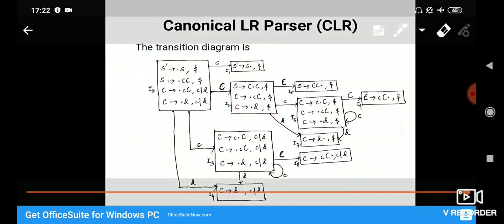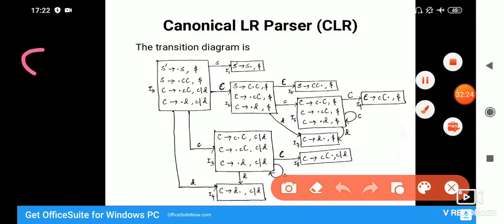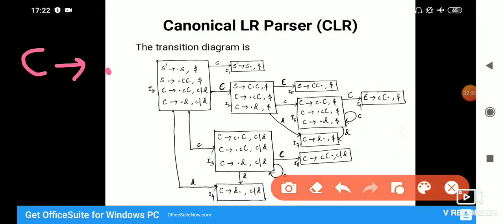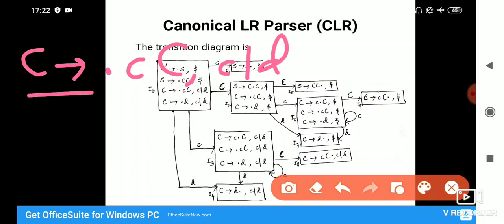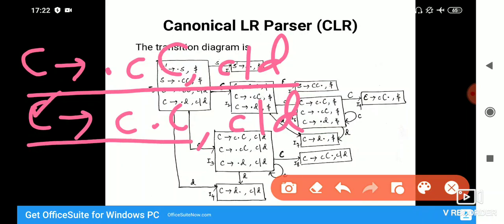Now, taking up the second item in I3, we have C2 dot CC comma C by D. Now, if I do J on this, I get C2 C dot C comma C by D. So this will be the item included in the new item set. Now I have to find closure of this.